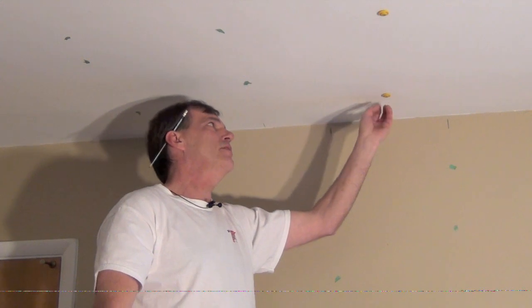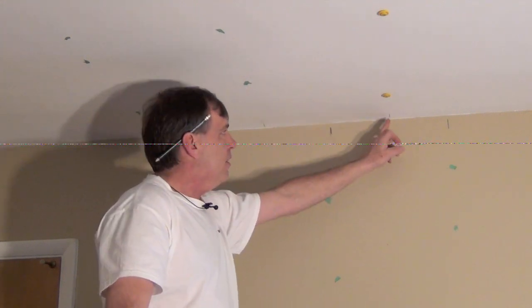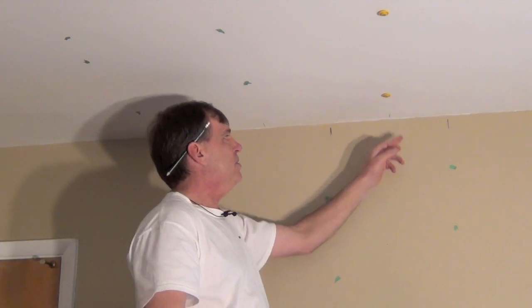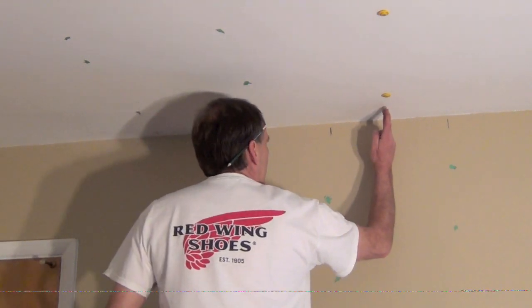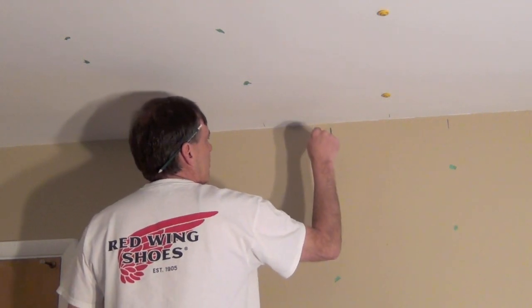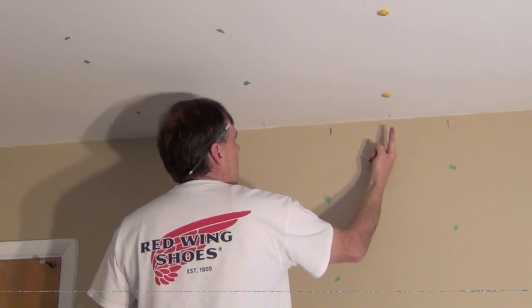With plaster, you just got to kind of play with it. Then conversely, after I get multiple spots, I put a mark on the ceiling. So I know I have a ceiling rafter here, and I know I have a wall coming up here. That's going to give me my nailing point for my wall and my nailing point for my ceiling. Now, that being said,